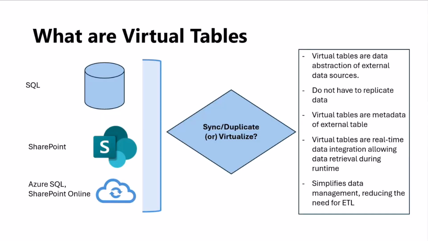So as you can see, virtual tables are basically metadata of external data sources, a mirror image of that in Power Platform, and virtual tables pull data at runtime. One of the biggest advantages of virtual tables is that the data can still reside in the external source, and Dataverse in Power Platform acts as a conduit for bringing or mirroring that data into your Power Apps, your virtual Copilot scenarios, or Fabric at runtime. So it's basically an abstraction of the external data sources.